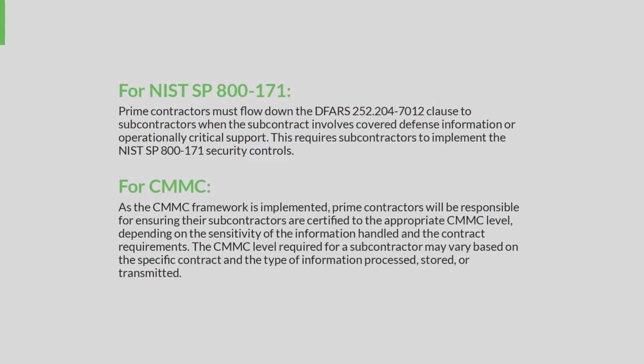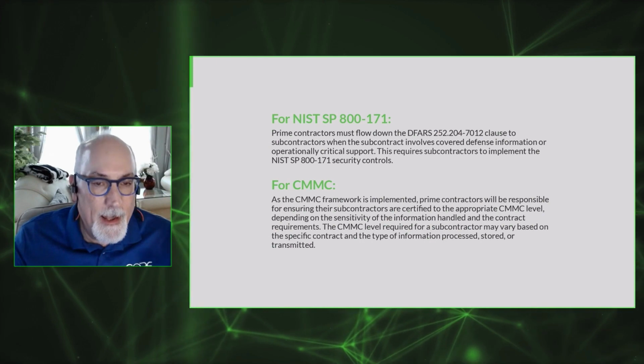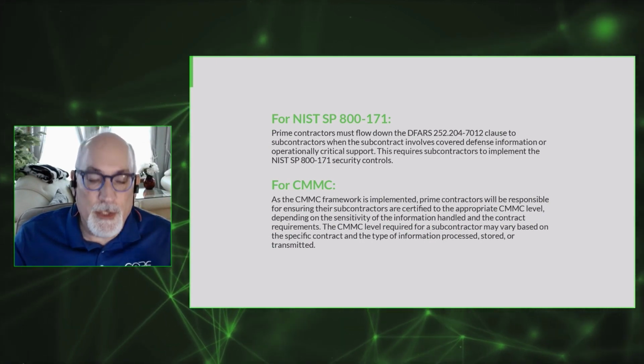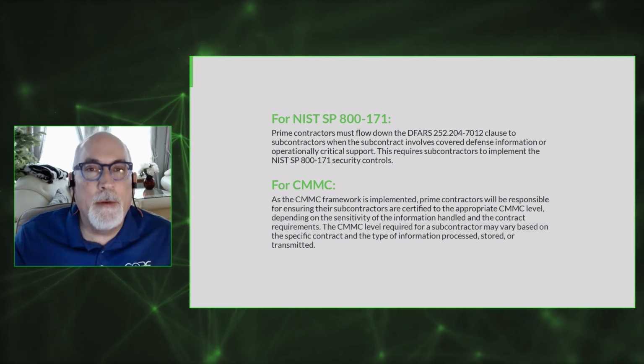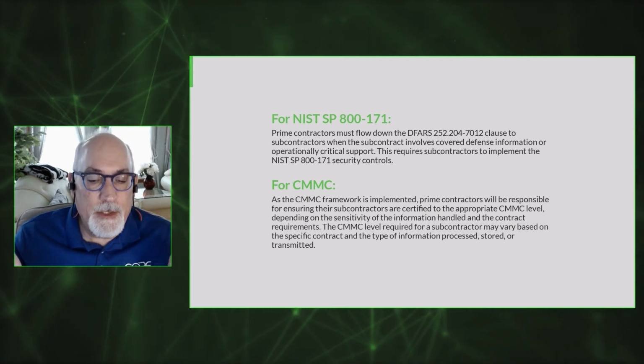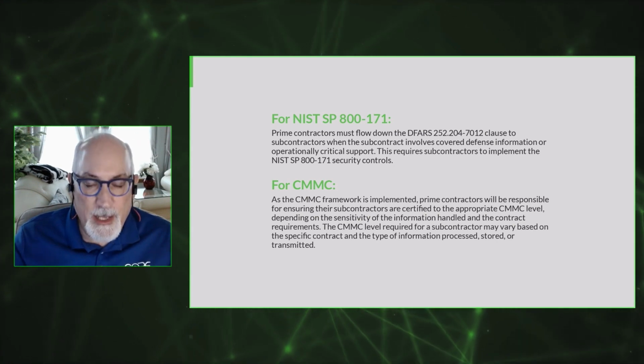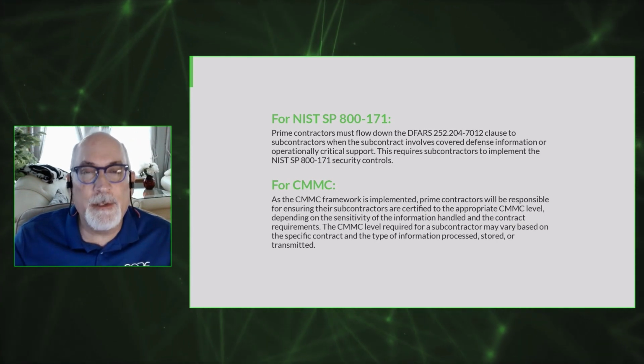All right, now I've overcomplicated it a bit, but it's a tangled story. Now, since there is time for additional preparation with the delay that Rick talked about, the prime contractors are using this year to flow down DFARS regulation, to communicate the importance of becoming NIST compliant to their suppliers and the entire supply chain,